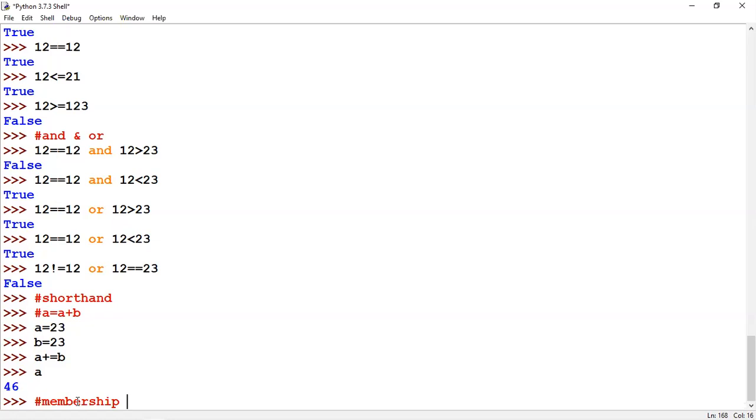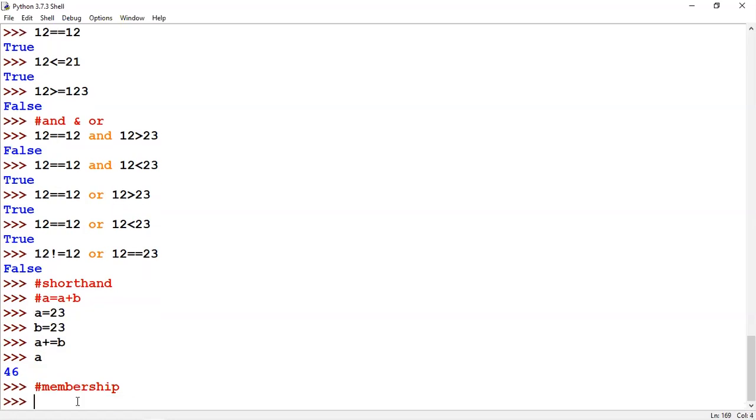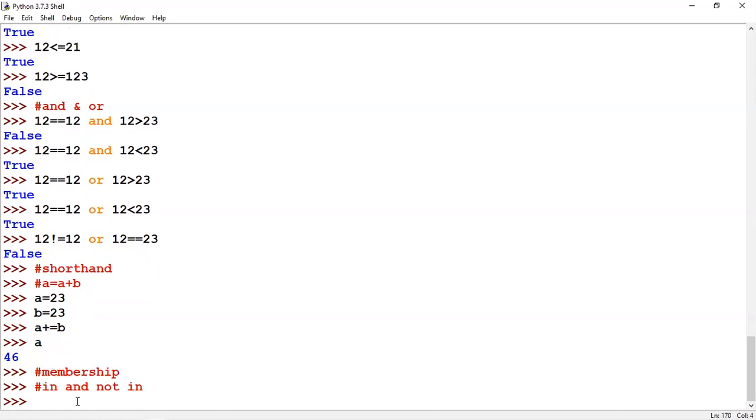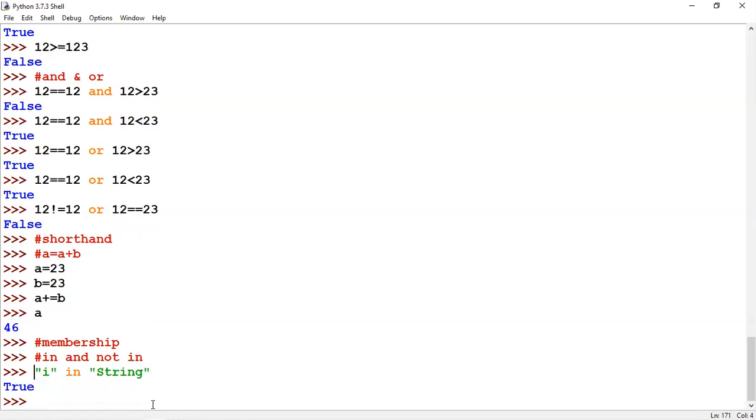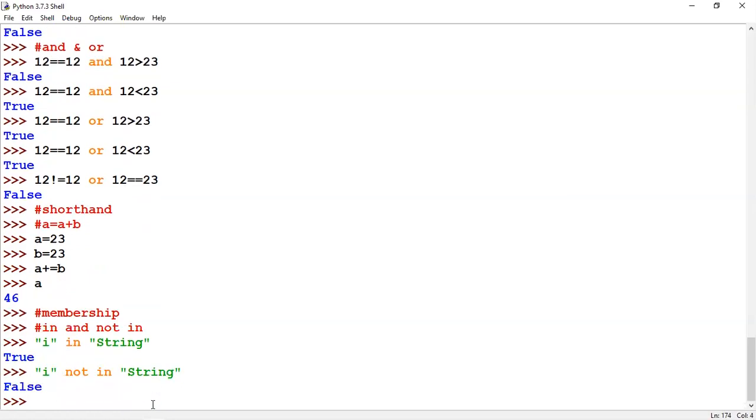The membership operator has two keywords, one is in and another is not in. Now I say I in string. In this, I is actually available in the string, so I is a member of the sequence, so we got true. I not in string gives false, because I is a member of the string. So this is what the membership operator is.